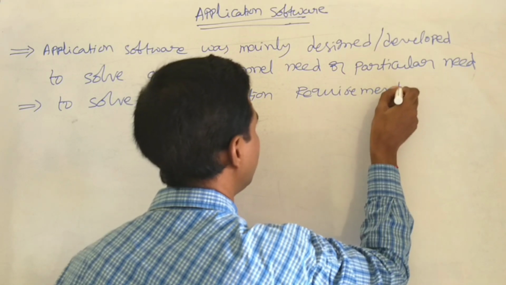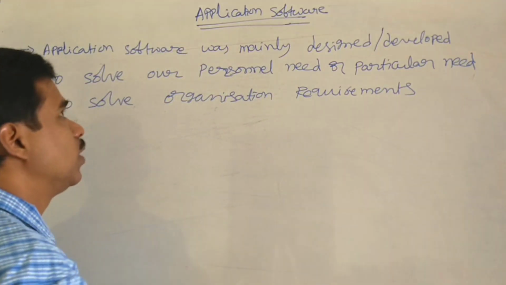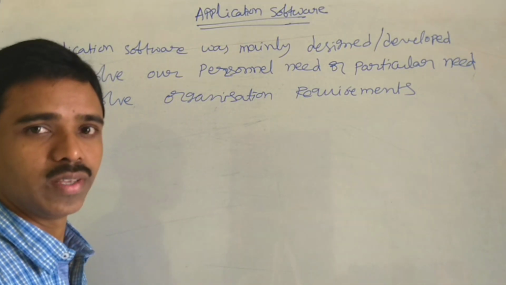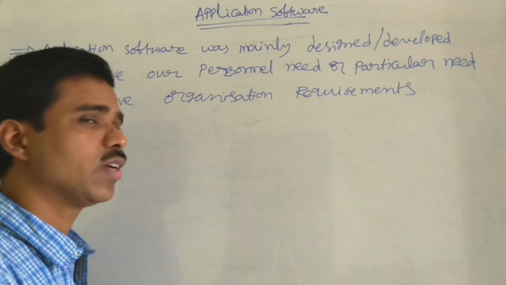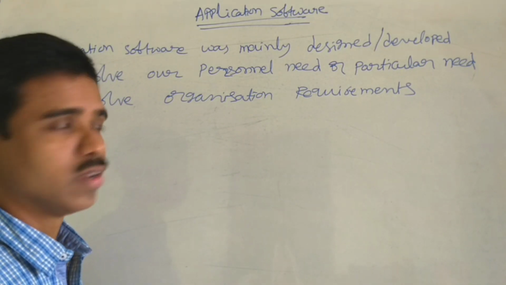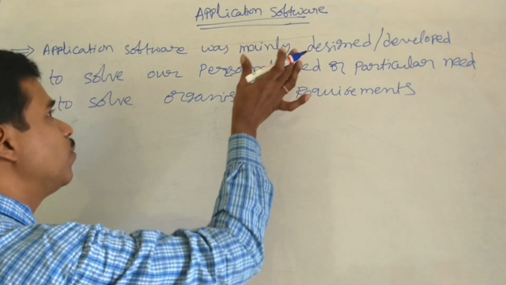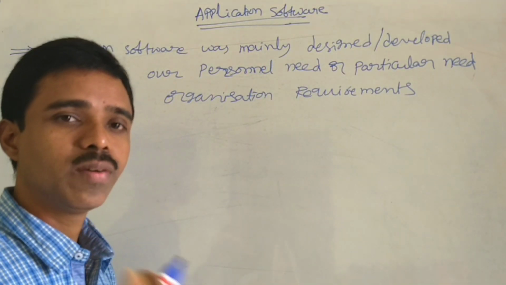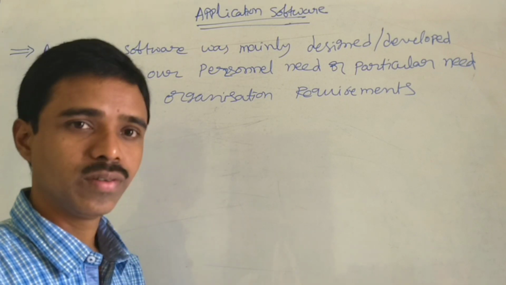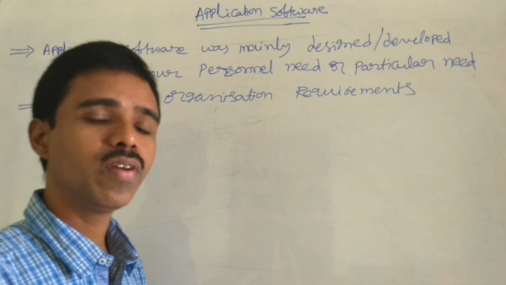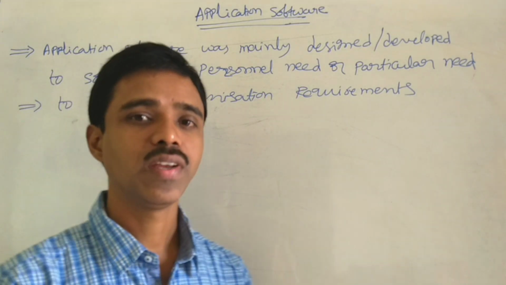But whenever the system software is there, why do we need to develop the application software? System software will take care of the system operations only. So if you want to run the computer operations, if you want to work with the computer, system software is mandatory. But application software is solving our needs. Our needs in the sense, for example, if you want to do the reservation, it may be RTC reservation or railway reservation. Whose requirement is it?